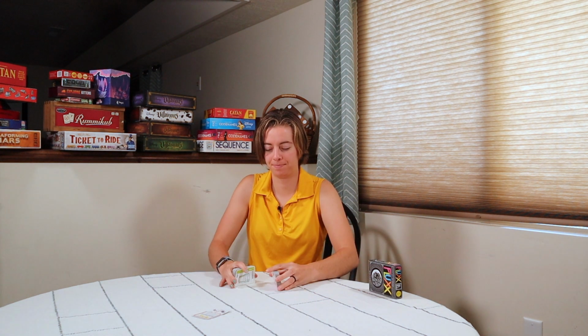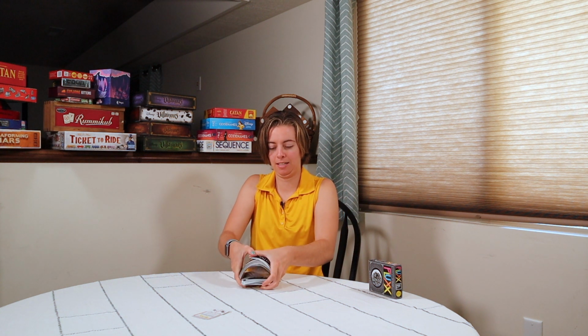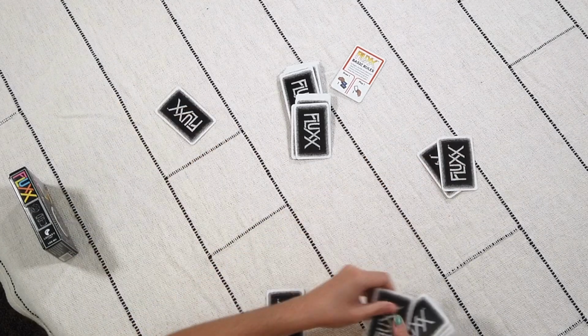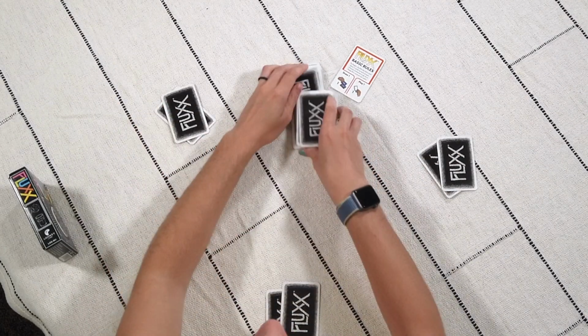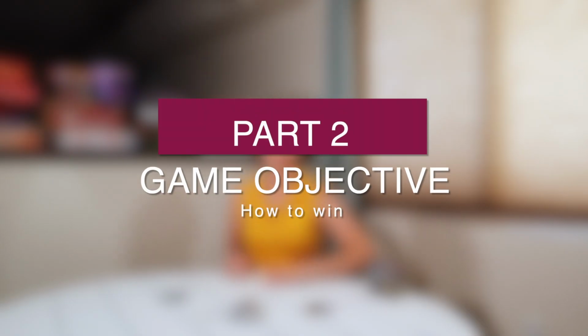which is probably the easiest part of the game, though the game's not very hard. Take the Fluxx Basic Rules card and put it in the middle. All right, and deal 3 cards to each player. You may look at your cards, but keep your cards secret. Now that the game is set up, let's talk about how you win so you know what your goal is